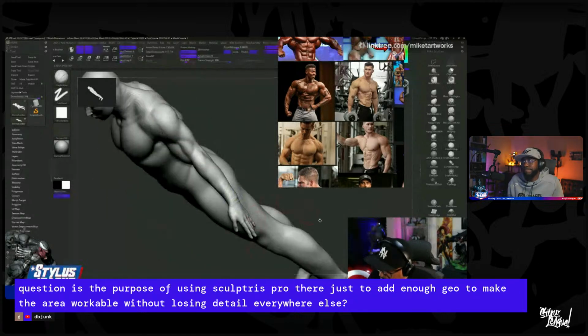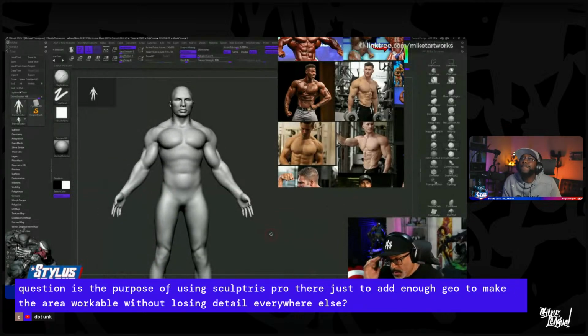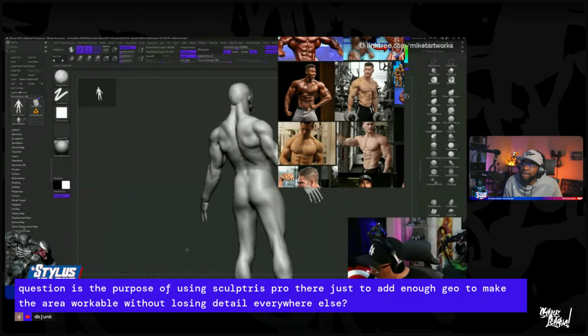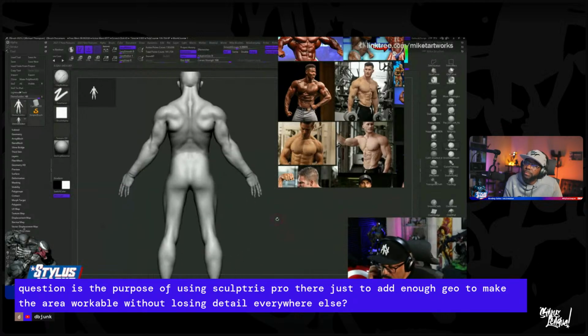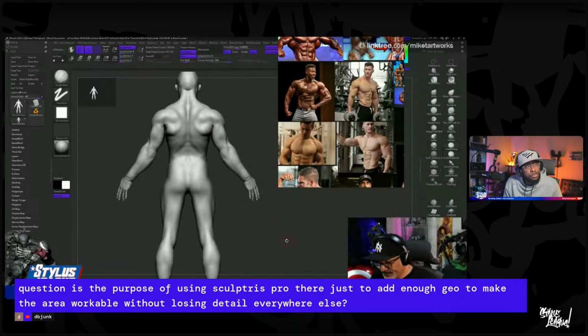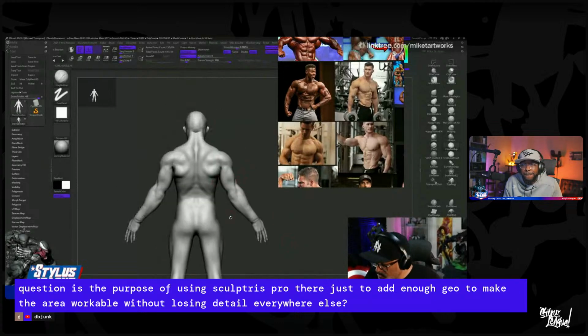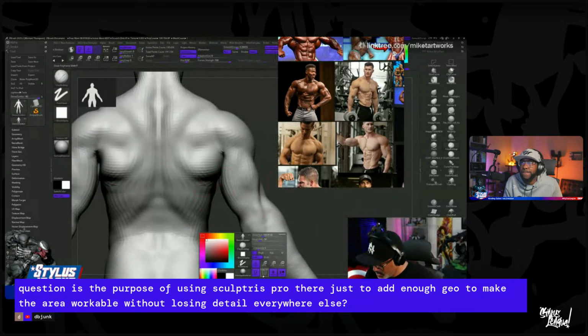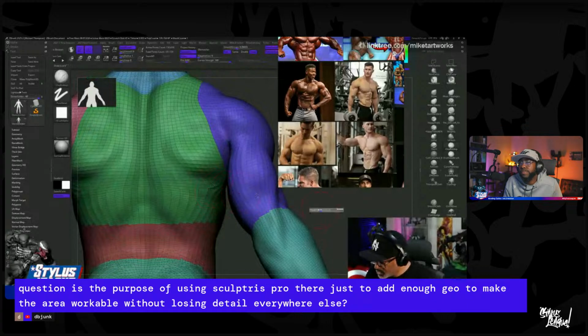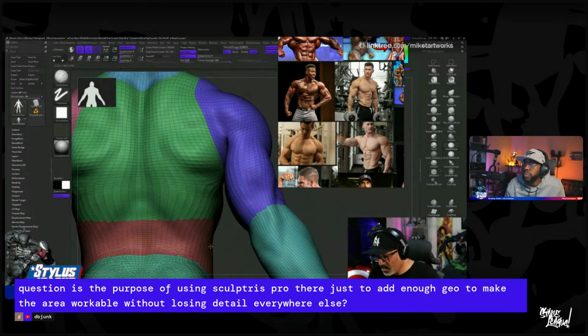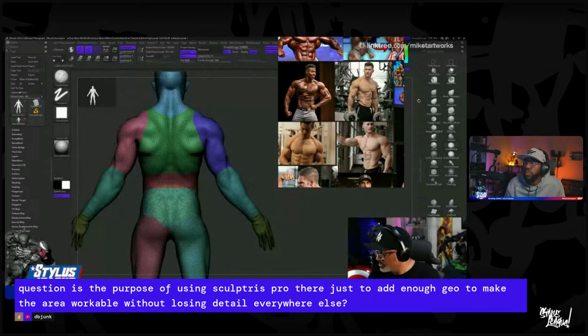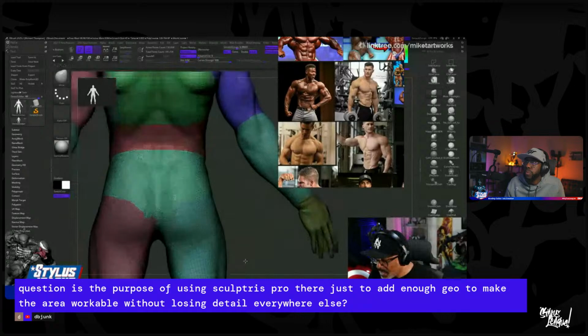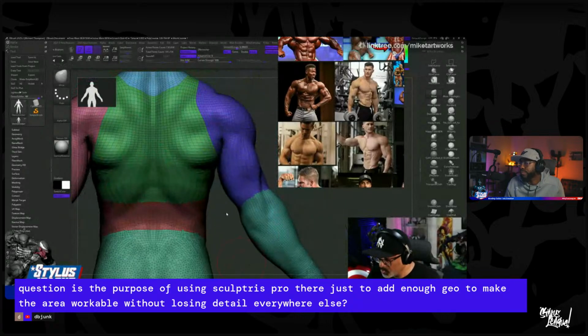Yeah, so sometimes you fight with the geometry and it causes problems, right? So you have one of two options. Let's say I run into some problems back here on his back where this just doesn't deform right. And then this star right here becomes a problem because it'll start pinching even when I start to subdivide it. What I can do is go ahead and do a Z-remesh, but then sometimes it'll keep that point. It's stubborn sometimes. And if you ever run into that problem, instead of worrying about it, what you could just do